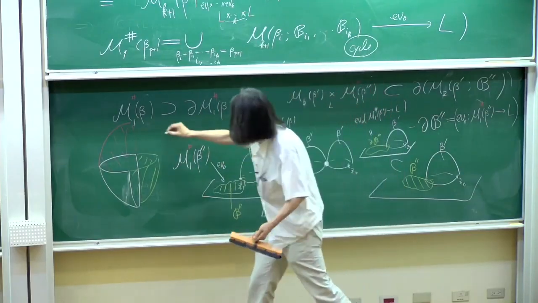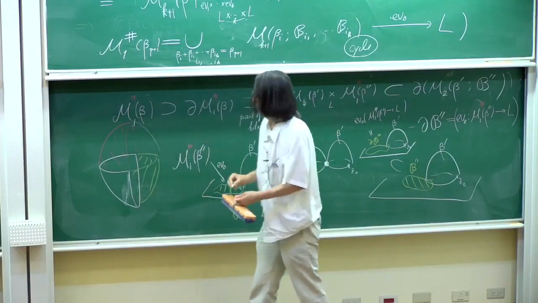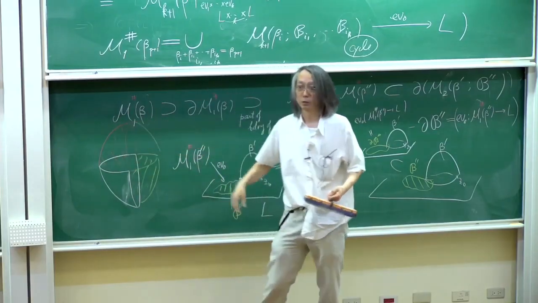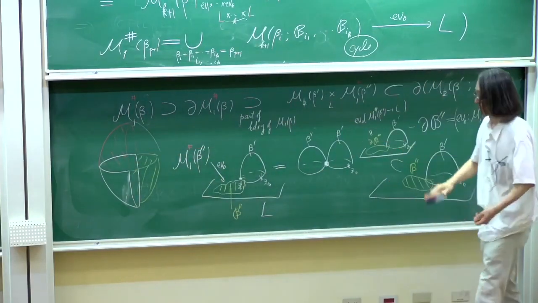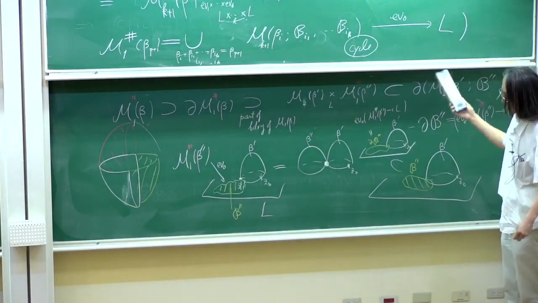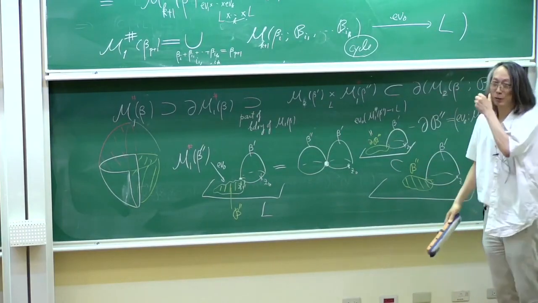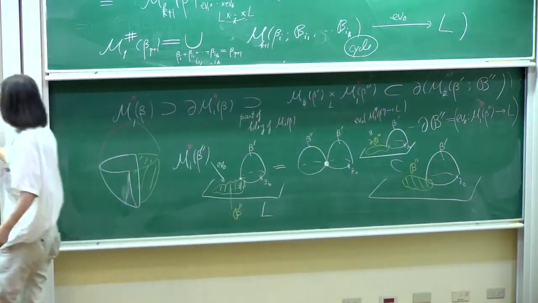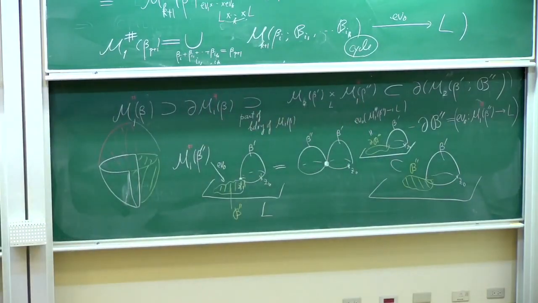And then you may find another piece. And so in the end, somehow you can find something like this. So therefore all the boundaries are cancelled out. And then you get a cycle. And then you can proceed to the next level. So this is our original motivation, or original way to